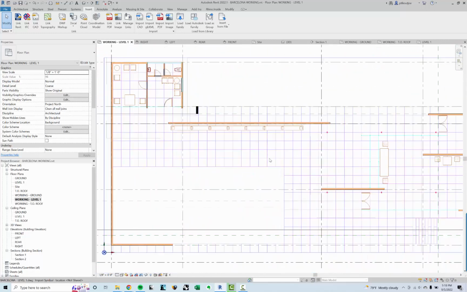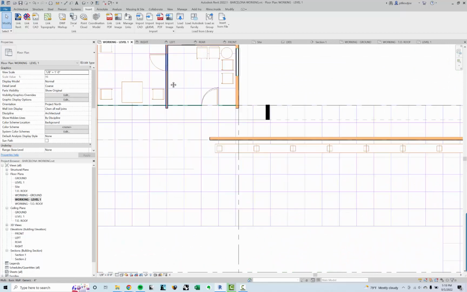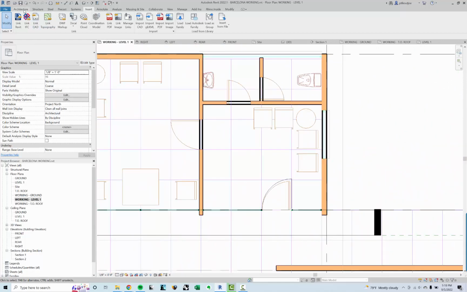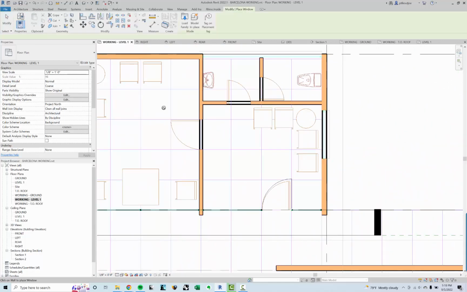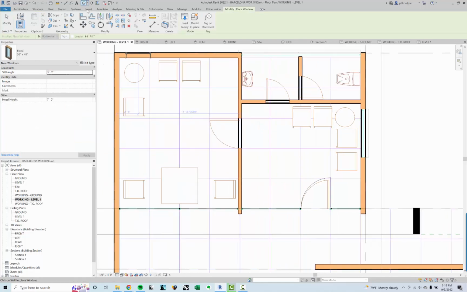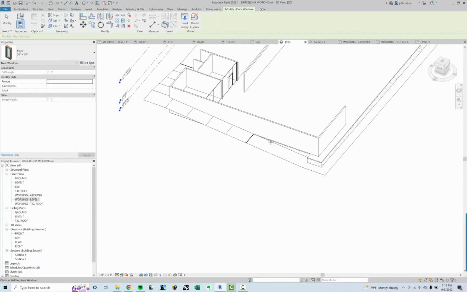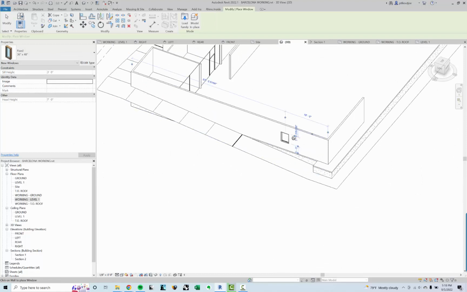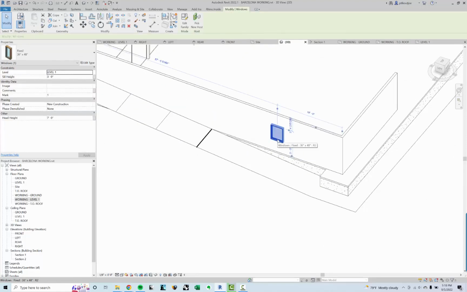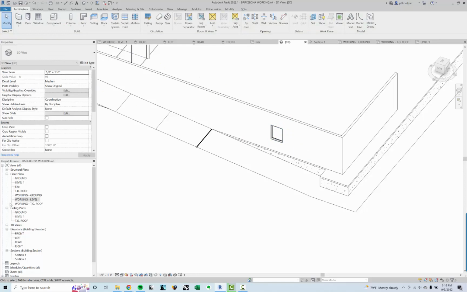The last 2 things I'm going to show you in this are windows and doors that are a little bit more straightforward. Let's start with doors. Or you know what? Let's start with windows. There are no windows in this project, so I'm just going to do a real quick example. You just place them in walls, and it's nice because it cuts the void. Everything